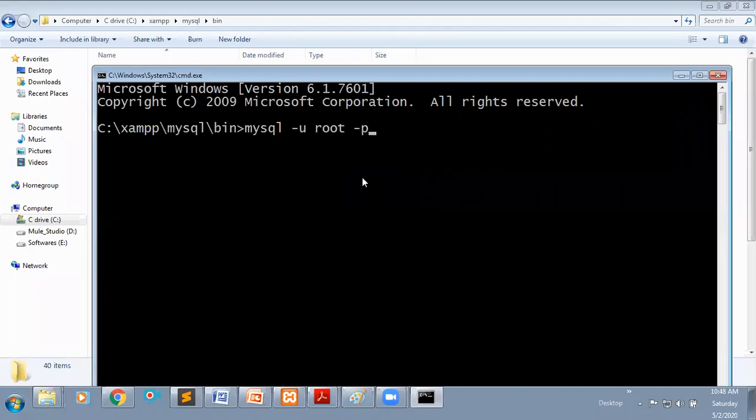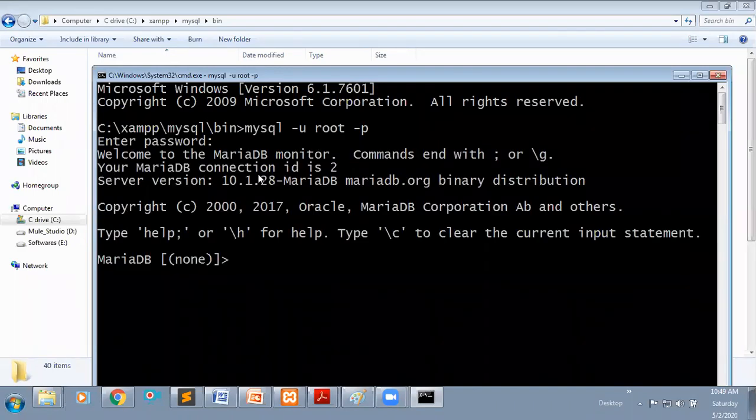By using the username and password, I'm going to log in to this MySQL server. By default, while installing, the password is empty. It won't take any password. If you want to set your password, you can set it. If you set a password, you need to give it here, otherwise just press enter. If you already set some password, type that password here or else just enter.